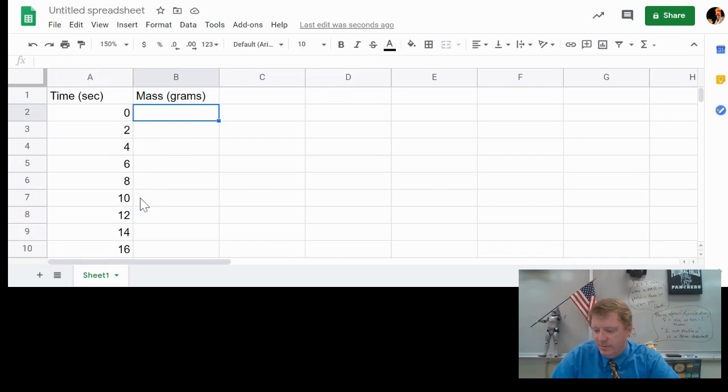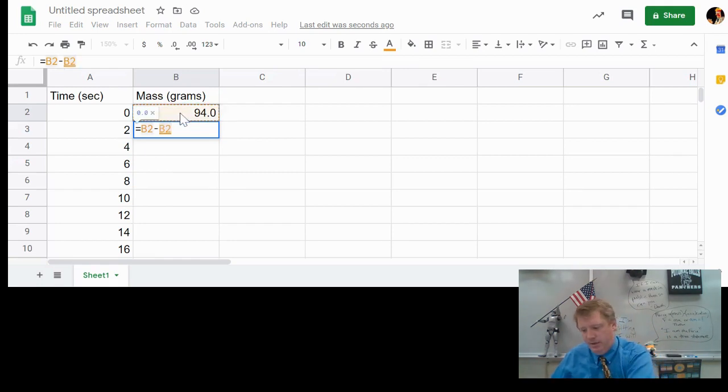Let's say that we started off with 94 grams, okay? And we're losing a consistent amount. And I'm going to fake my data here, which is horrible practice, but I need data. So let's say that I lose a consistent amount. And so this cell equals the previous amount minus some quantity. And I'm going to make that quantity tiny. So I'm going to make that quantity,